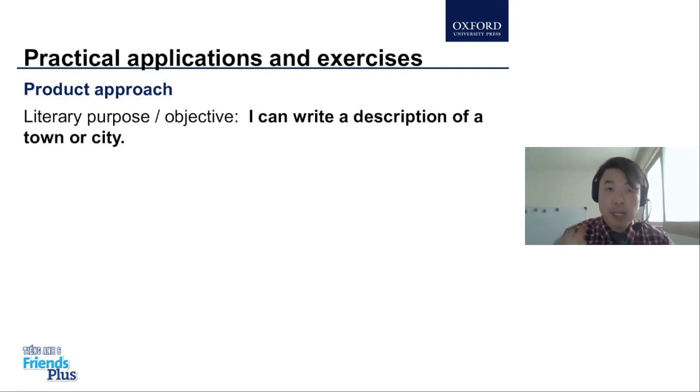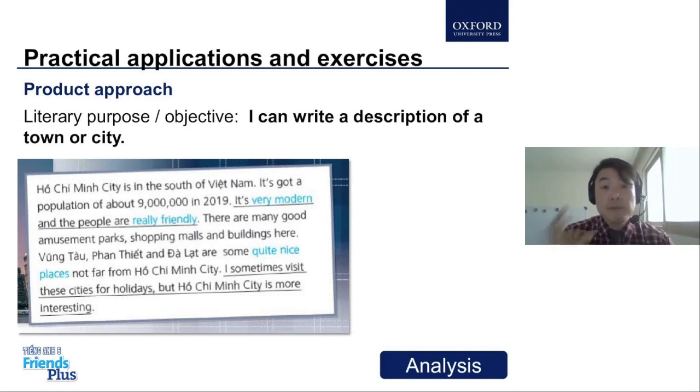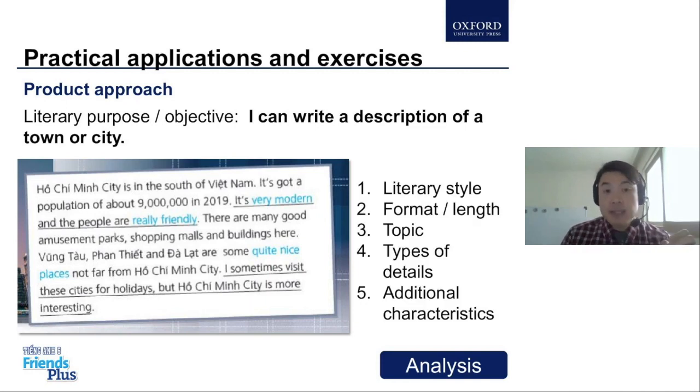Now remember, the product approach is focusing on an imitation using the set structures provided in our passage. And once again, our purpose is writing a description of a town or city. So before we actually start writing, in the product approach, we're going to look at the structure we're trying to imitate. So with this structure itself, we have to look at the passage. The passage is going to be our end result. So we have to analyze